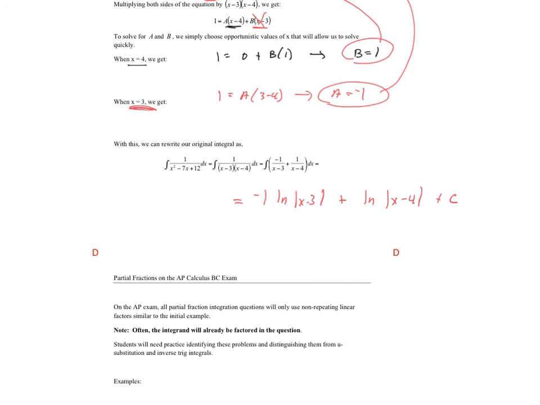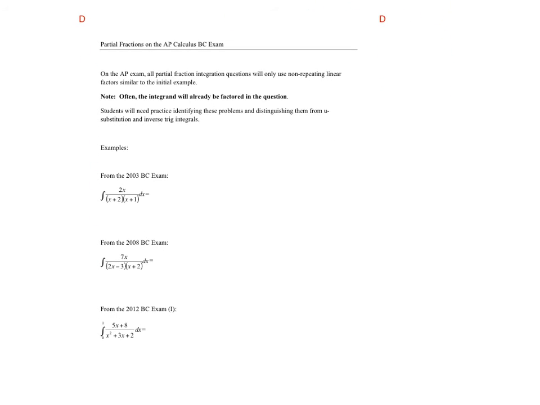All right, so now we have a couple exam questions from the BC exam. This is a BC topic only. So you know this topic will be on our assessment because it differentiates two courses. On the AP exam, partial fraction integration questions will use non-repeating factors. We talked about that. The integrand is already factored for the question, so it's not really a factoring question,